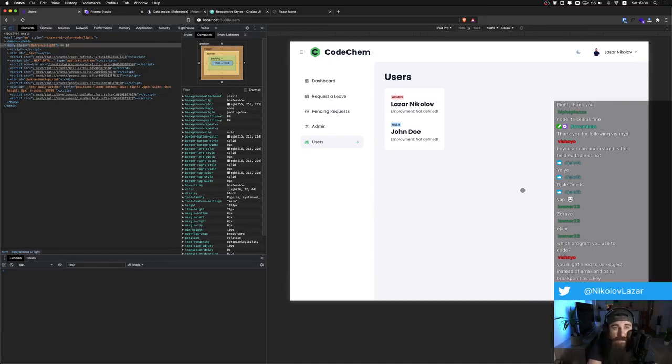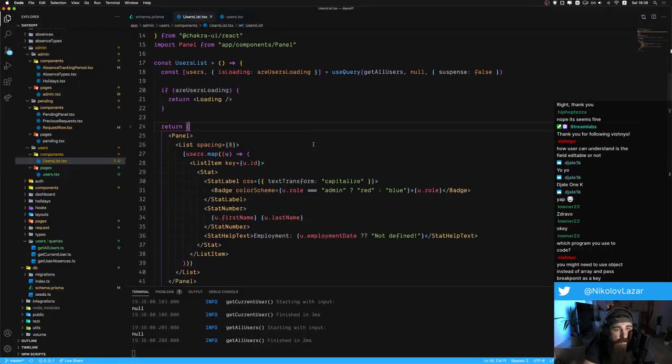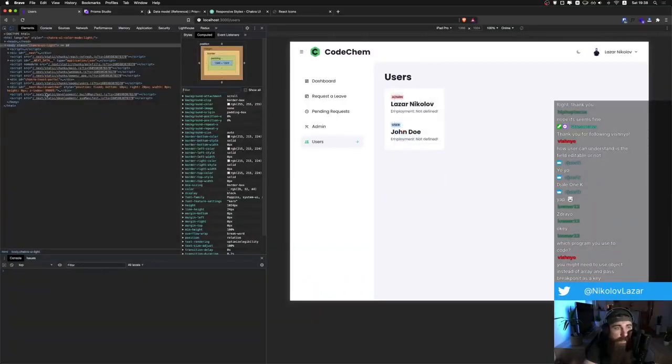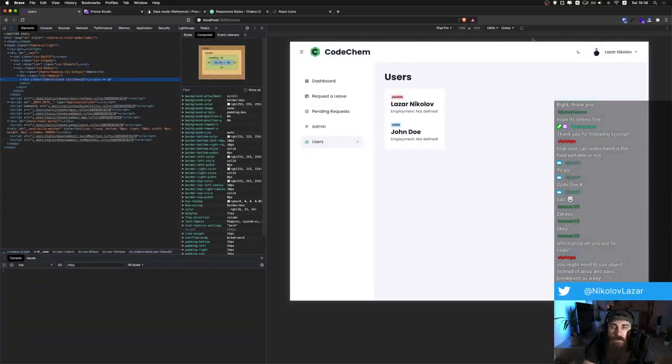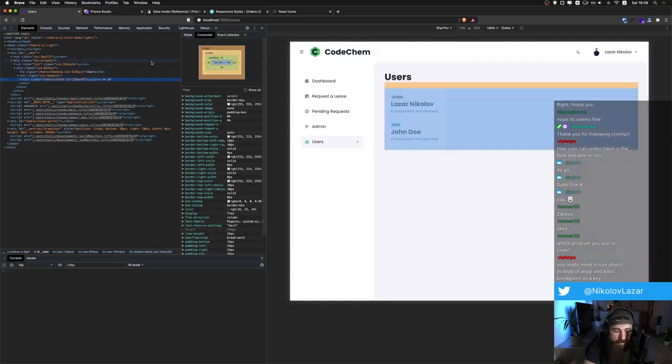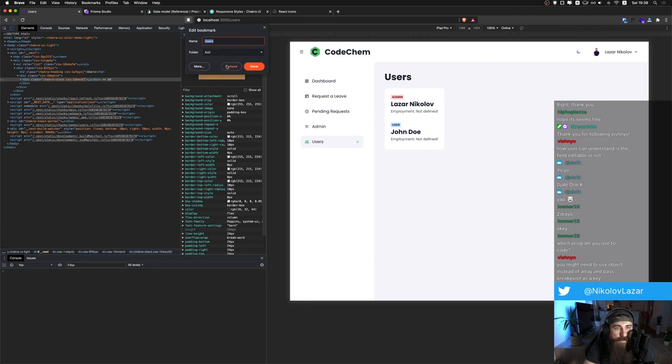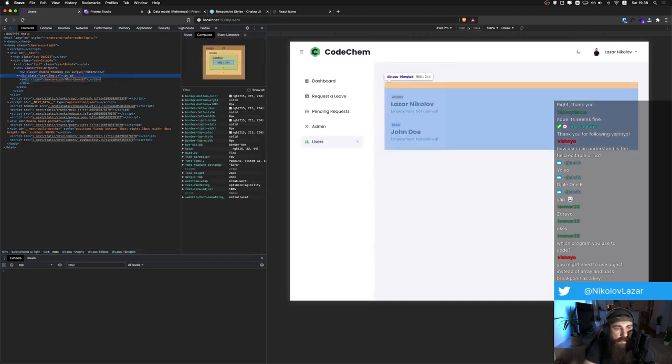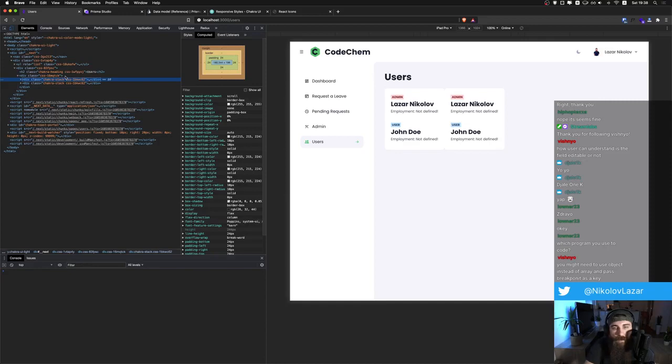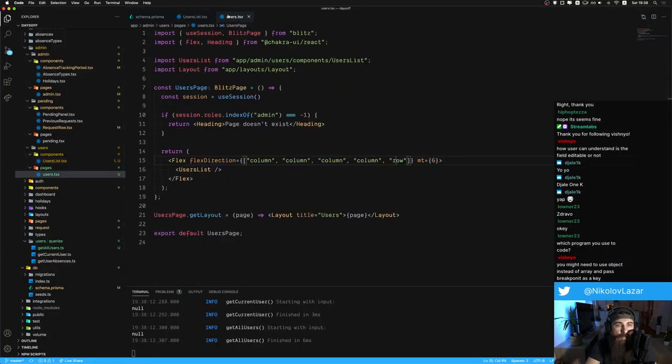You might need to use object instead of array and pass breakpoint as a key. Yeah, maybe that was the issue, but now since I cleared it, the issue still persists. And this is on iPad, so what if I were to, I don't know, duplicate this one? Sorry, not bookmark the page, but duplicate this one. Okay, that's the issue. Okay, so back in the users, we have this column-based flex direction up until now,